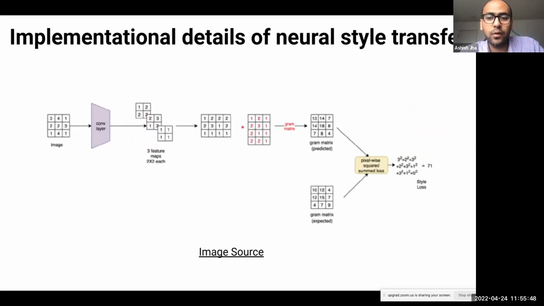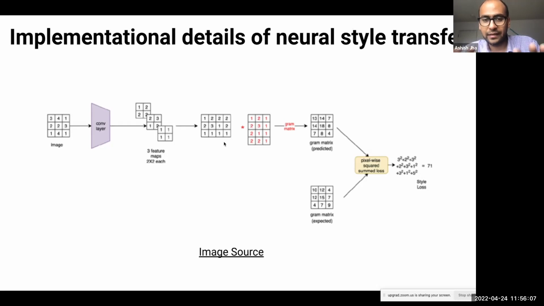As I told you, there is one more loss, which motivates the model to learn the style aspect, not just the content. So here we take the artistic painting. In a very similar fashion, we run the image through the convolutional layer, we get the feature maps, and we convert them into this reduced 2D representation.